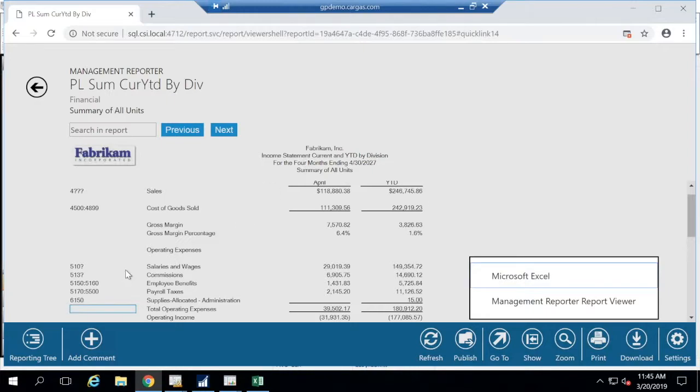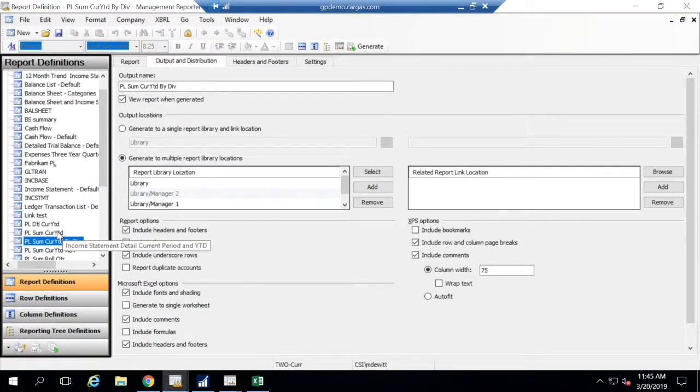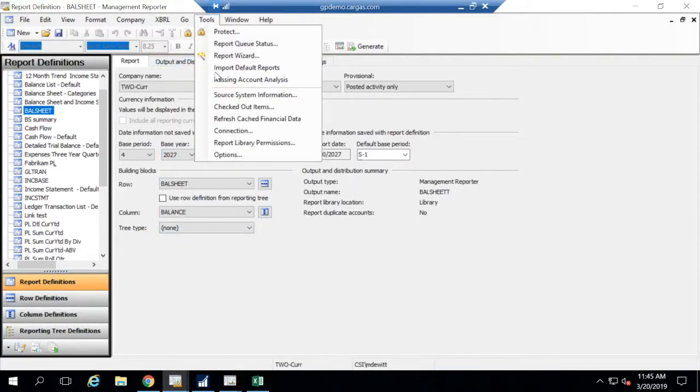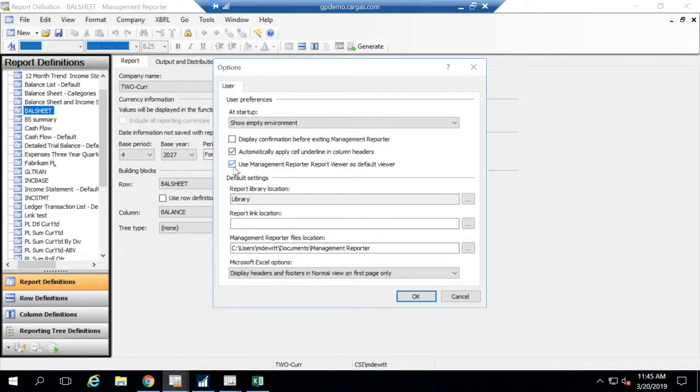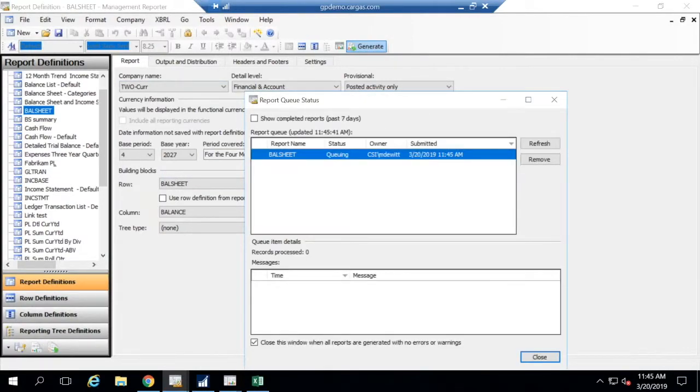And the one nice thing that I like about this is that it's refreshable. So if I go in and just change my view here, I'm going to do just a slightly different report so I can show you how this works. If I run the balance sheet, I'm going to change it so I've got some data here. I'm going to run this balance sheet. I'm going to change it to run out to the web browser view. Okay, change that, and I'm just going to run the balance sheet here. It'll open up my browser,